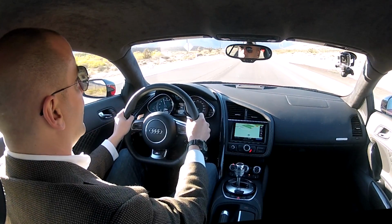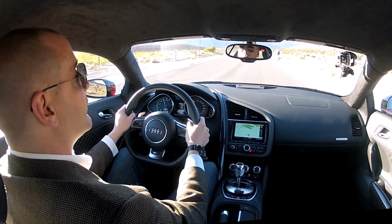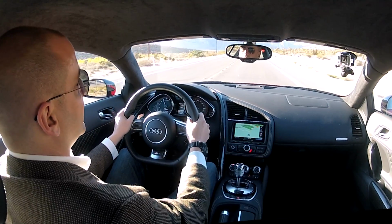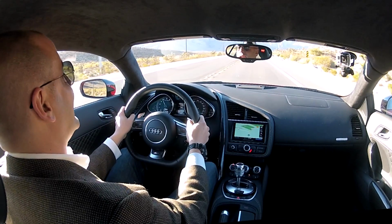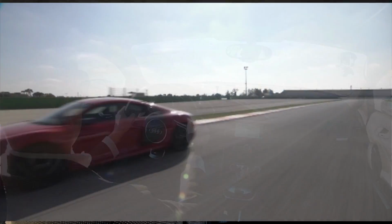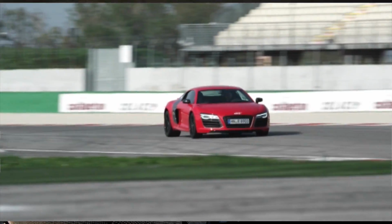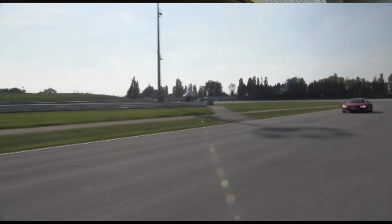Talking a little bit more about what makes the R8 V10 Plus. So of course it's the 5.2 liter V10 motor that goes into this car. The Plus version gets you a few extra horsepower though. It makes 550 horsepower and 398 foot-pounds of torque. And that torque number is telling. There's something sort of wonderful about this car in the fact that it doesn't just pull from any RPM. I'm not saying it doesn't accelerate with clear force from any RPM, but